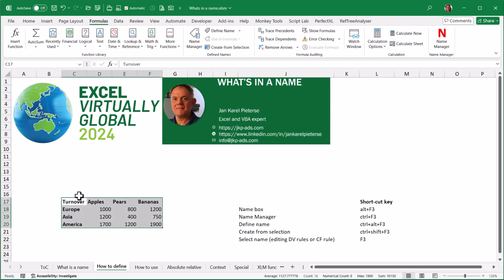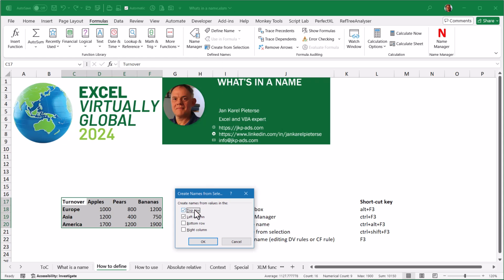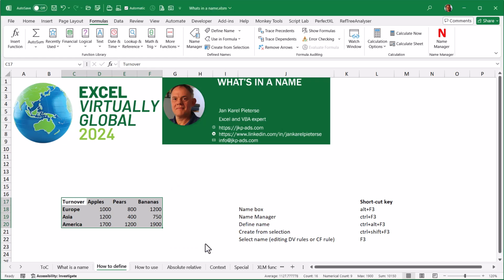The quickest way to define a lot of range names is by having a range which already has clear labels on the left and at the top. If we select the cells that include those labels and click the Create from Selection button on the ribbon, it will automatically suggest where to take the labels from. So Excel somehow recognizes that on the left and at the top row we have labels. If I now click OK, you will see